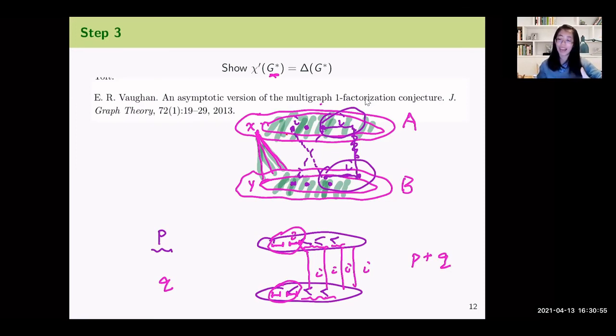And now what is left is only a regular bipartite graph in the middle, which can be colored using Delta(G*) minus P minus Q colors. Adding all those together gives you a proper Delta(G) coloring for the entire graph. The only thing I didn't mention in much detail is the special vertex X. But the vertex X is only one, so if you do that carefully, you can make sure that everything will work